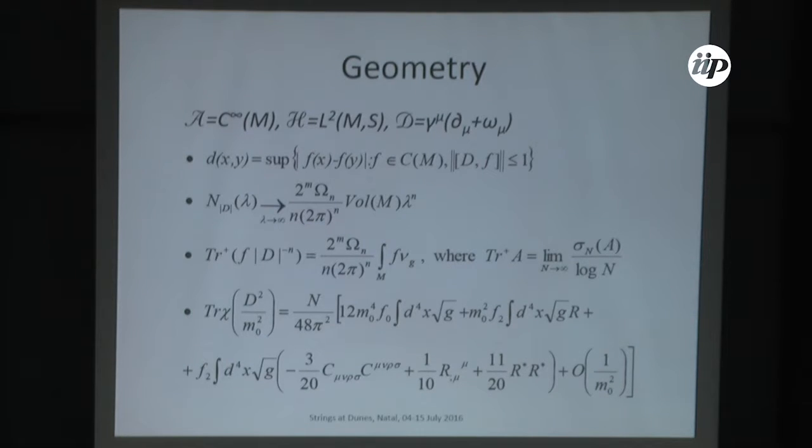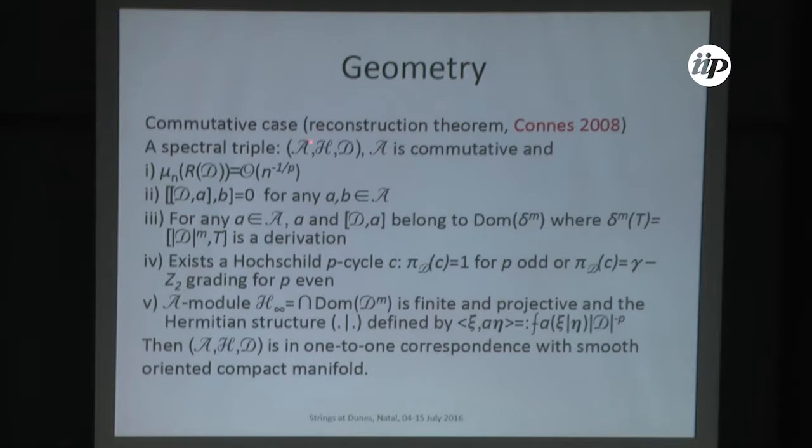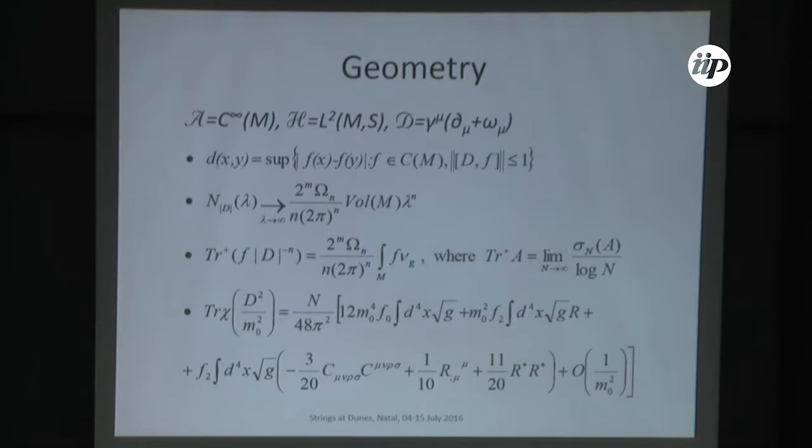So here is how it works in formulas. This object here is called a spectral triple. This is the basic ingredient of the spectral approach to geometry. Let's take the algebra C infinity. This is not a C-star algebra, as I said. In this case we will recover a spin manifold, or spin-c manifold. The Hilbert space is the space of sections of the spin bundle, with the usual Dirac operator.